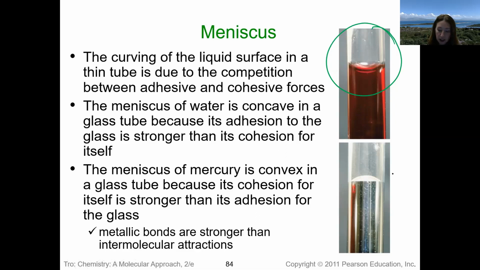Now, what if you put a non-polar liquid in a test tube or in a graduated cylinder, right? So if you had a polar, glass is polar. So if you had a polar side and a non-polar liquid, the non-polar liquid would be like, I don't want to be near you, and try to pull itself away. And you would actually see this little convex, or it's like an anti-meniscus, because what's happening here,